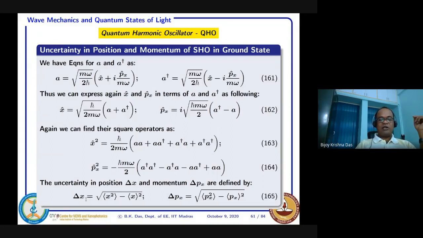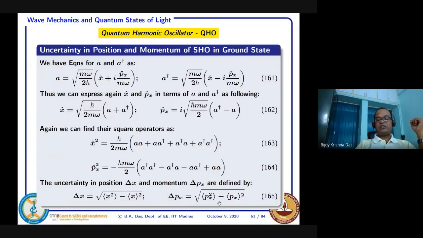So here we are talking about delta x. You have to take the average of x squared minus the square of the average of x. That is the variance, called delta x squared. If you take the square root, you get the deviation, that is, the so-called uncertainty in delta x. Each time you measure, that is the uncertainty you will get.